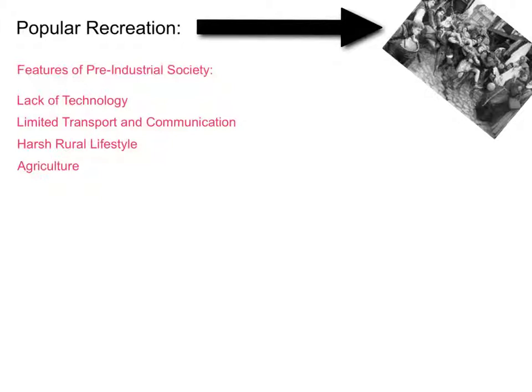There were a limited number of shops where you could buy produce, and clearly transport did not allow you to go to a local supermarket or large superstore as we would today. Therefore, people lived on what they could grow on their own farm. Obviously, if the harvest failed or the crops were bad, people struggled to survive. Hence the lifestyle was harsh and rural and based on agriculture or farming.